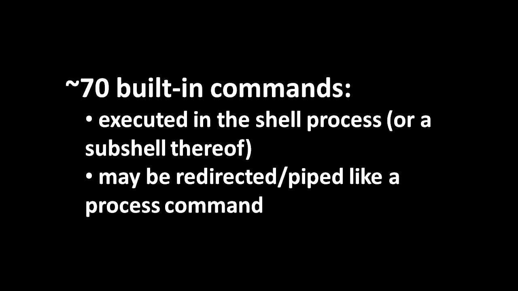Also, while these built-in commands do run in the shell, they still do allow for redirection and piping. When a built-in command is redirected, the shell doesn't actually redirect its own standard input and output, but just for the sake of that one built-in command, it will arrange things to get the same end result. Basically what happens is that every built-in command is given a duplicate of the standard in and standard out file descriptors, and then if you redirect the built-in command, then that duplicate for that one built-in command is redirected, and so it doesn't affect any other commands. How exactly this is done is of course an implementation detail of the shell, which you don't really need to concern yourself with. In any case, Bash has about 70 different built-in commands, and the first one we'll discuss is